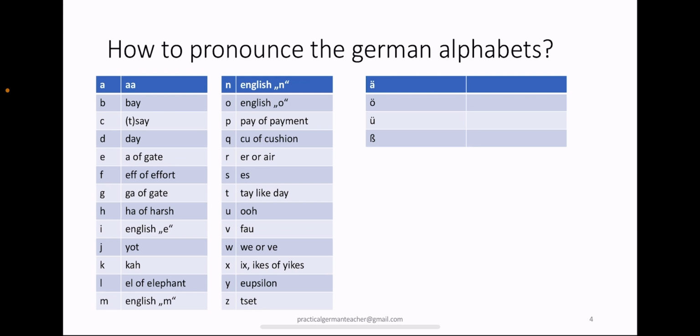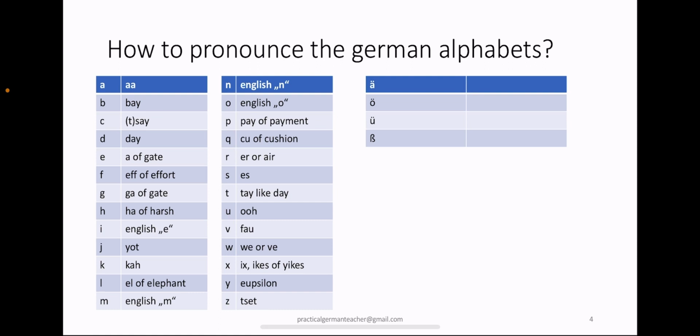This was the homework for you, but if you have not done it, we'll do it together right now. So how to pronounce the German alphabets. Why do you need this knowledge? You basically need this when you're learning to speak German. Also, once you have done A1, A2 or B1 level, you still need to know how to pronounce the German alphabets on their own, because quite often you have to contact any kind of customer service, let's say for your phone SIM card, for internet or for anything, and there they need some